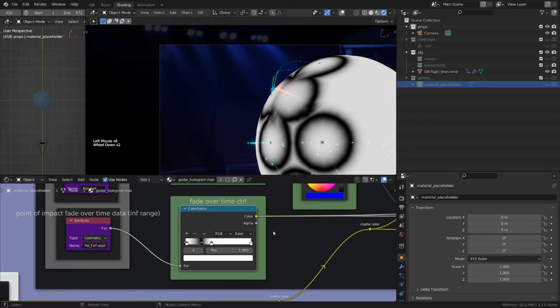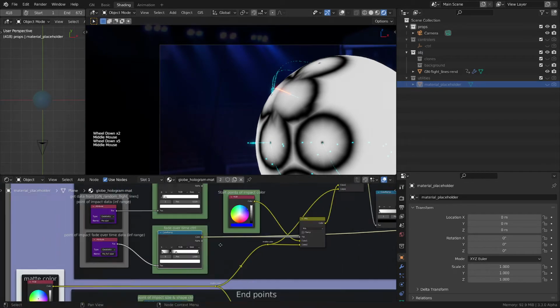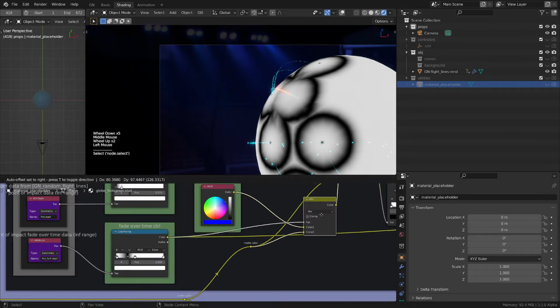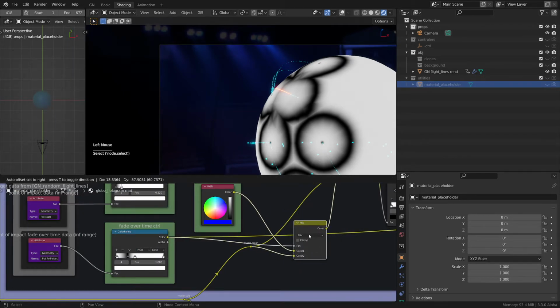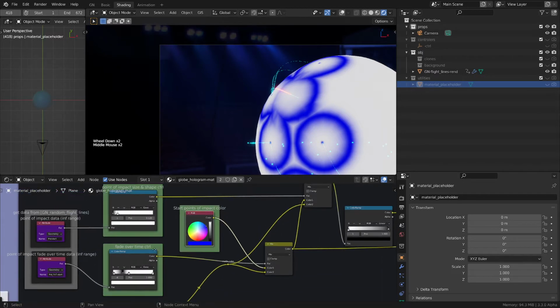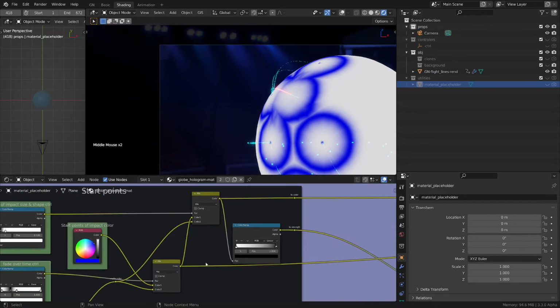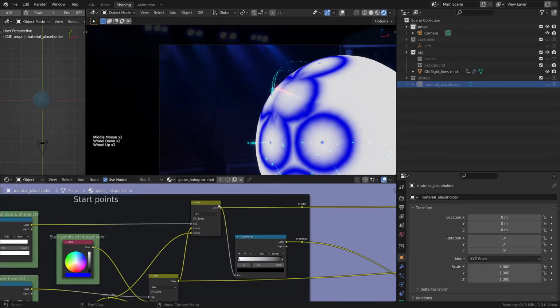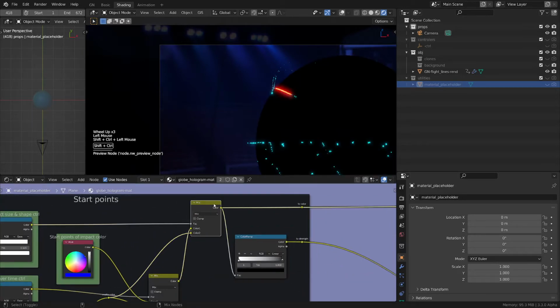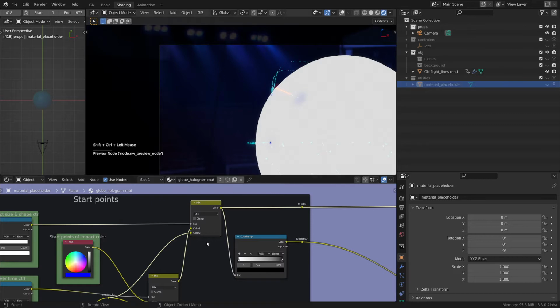And that gives us this result that you see here, that is used as a factor for this mix node, giving us this result. We basically mix this color with this mate white, using this as a mask, fade over time, and then we can use this result to mix them for the color here,